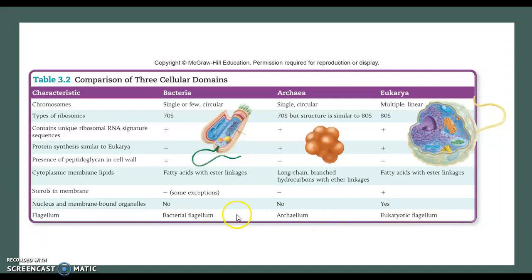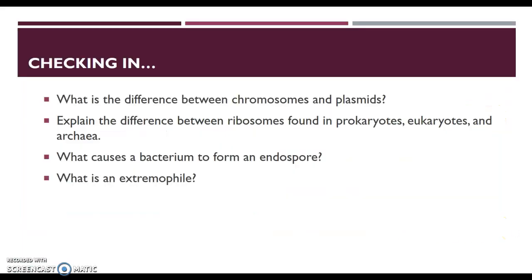And then there are flagellum found in all three cell types. However, the flagella in eukarya and the flagella in archaea are unique to the flagella in bacteria. And that is the end of 3.4 and